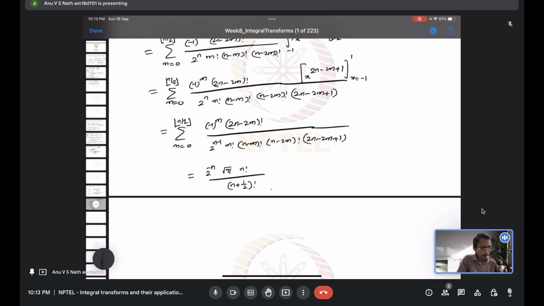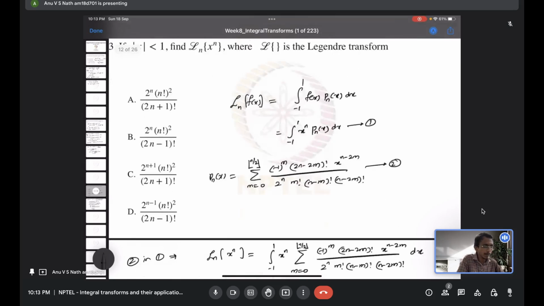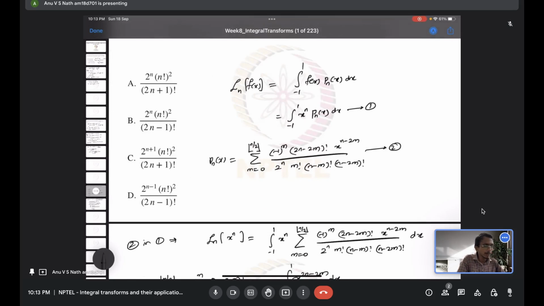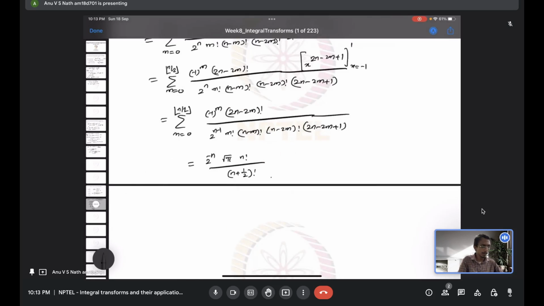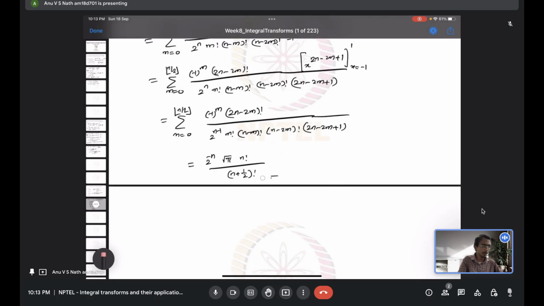See, this is actually the solution, but even if we check the options, we don't have something that looks exactly like this. So we need to convert it to an integer factorial, because everything here, options A, B, C, D, are integer factorials if n is an integer. But even if n is an integer, the solution given is not an integer factorial, because it has an integer plus half factorial. So we will use